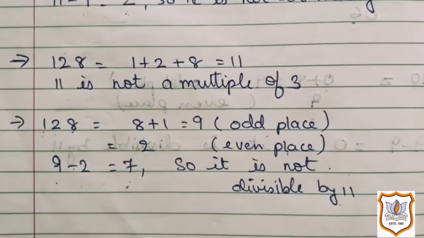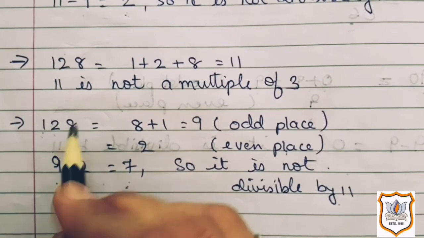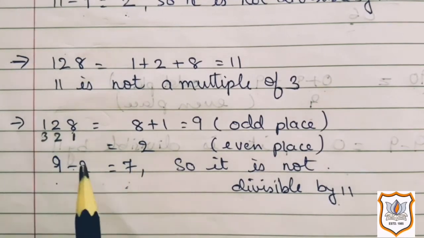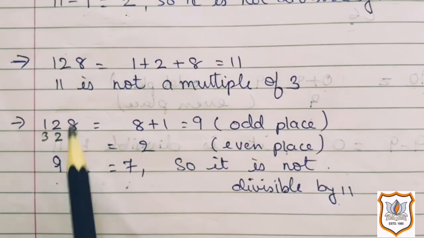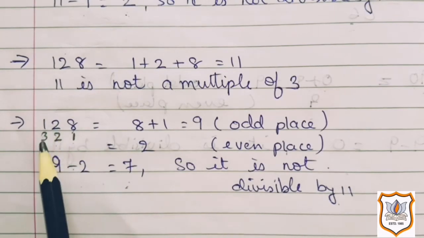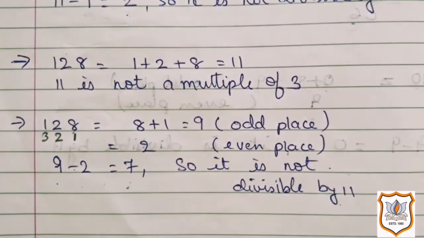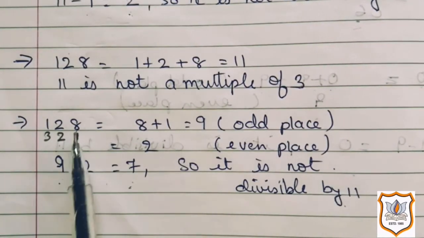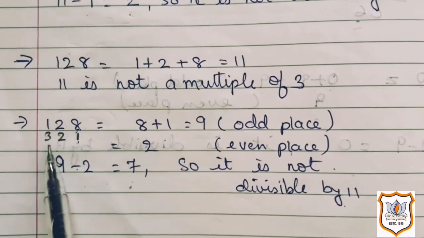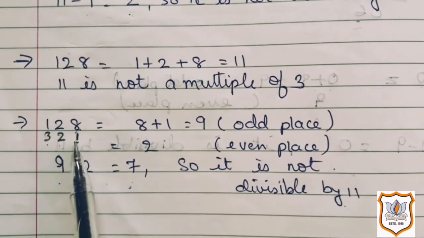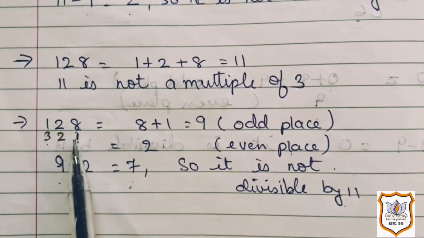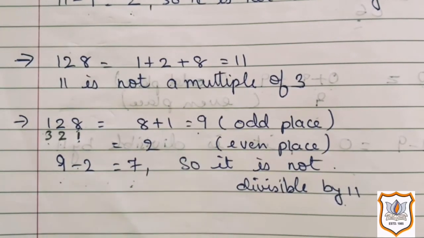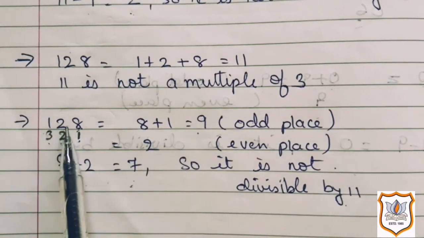Now if we give numbers to the digits, here we will write 1, 2 and 3. Here at 1 the digit is 8, and at 2 the digit is 2, and at 3 the digit is 1. Now we have to find out the sum of the digits at the odd place. 1 is an odd number and 3 is also an odd number. So we can say here that the digits at the odd places are 8 and 1. By adding 8 and 1 we get 9. And the digit at the even place, this is an even number, so the digit at this place is 2.